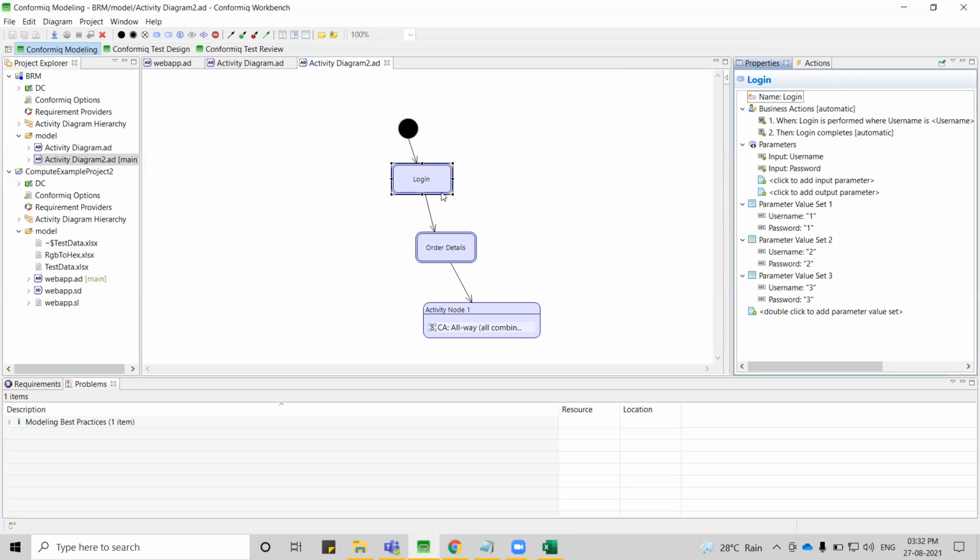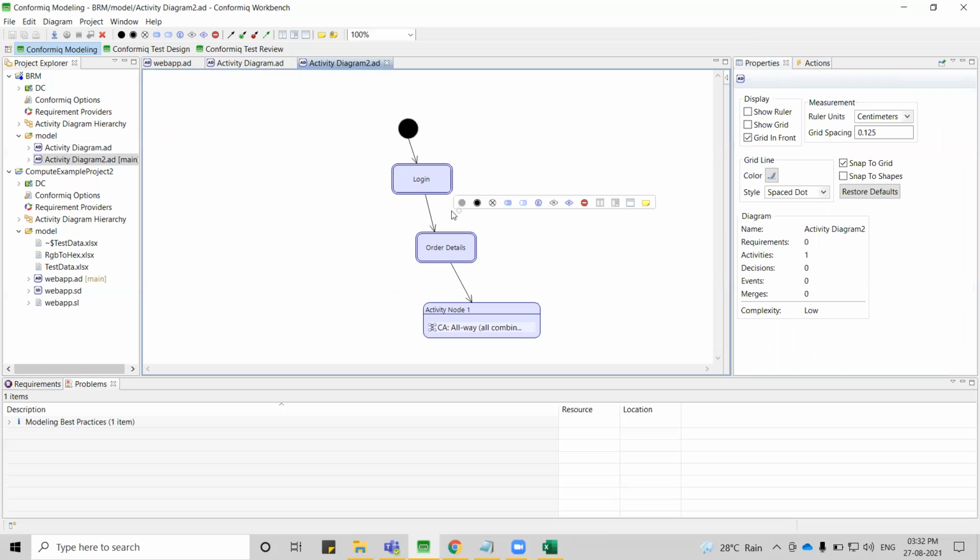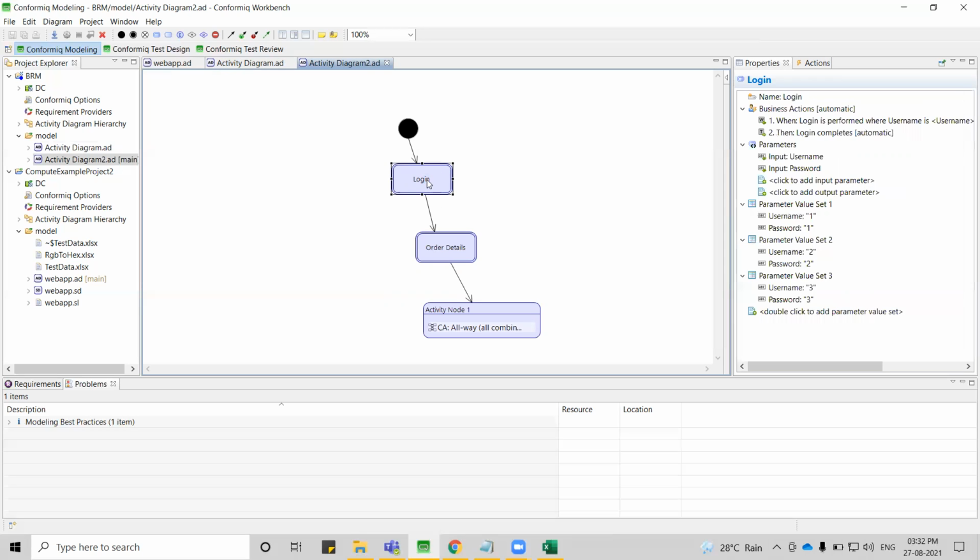The overall intention is that you may provide the test data as per the user requirement. Coming to combinations, in the previous version of Conformic tool, the user was not able to provide combinatorial action on parameters related to multiple business activity nodes.